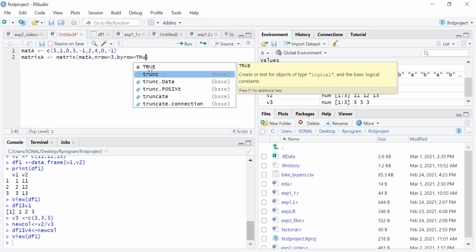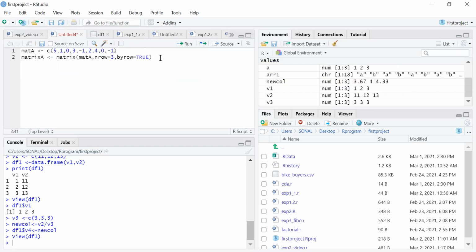See here, everything has to be capital. So now the matrix has been created, named as matrix A.